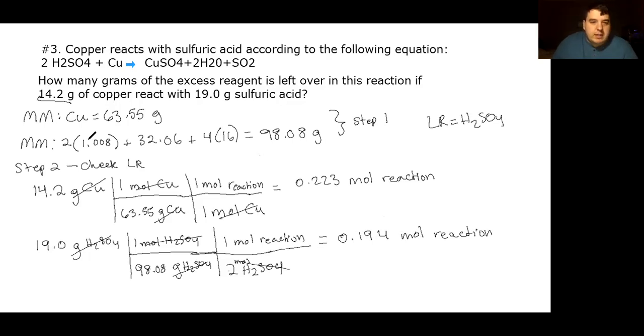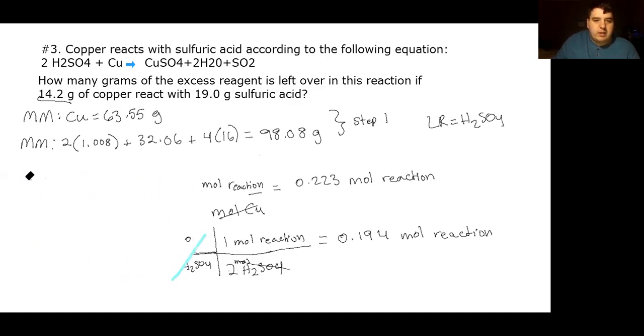So I'm going to erase this little bit to save some space, but this is what we know so far. We have a limiting reagent of sulfuric acid. So we know that our copper is going to be an excess reagent, which is what we'll determine later after we solve a few more things. So now I'm going to erase this information,